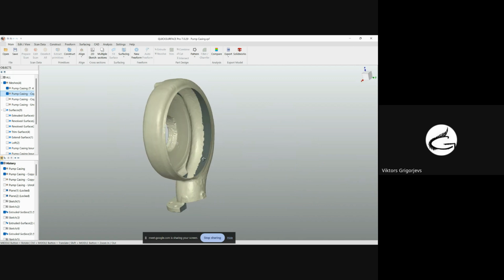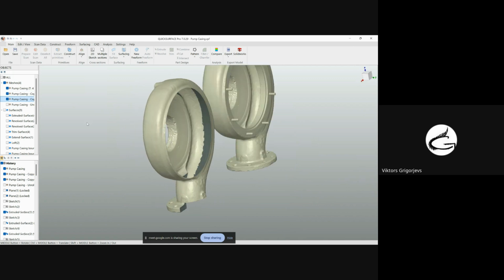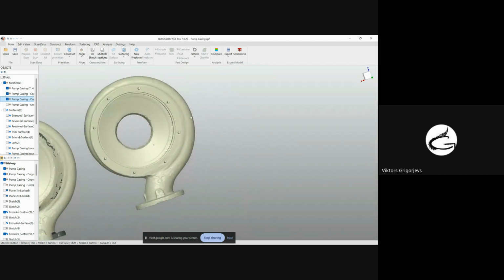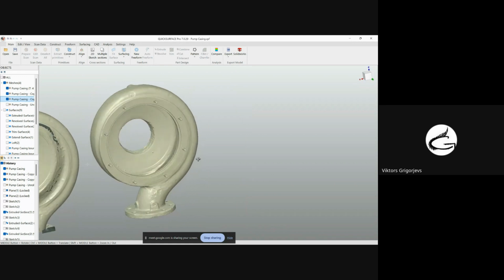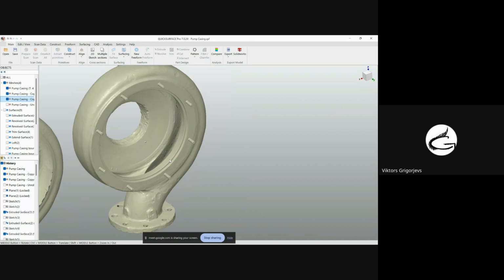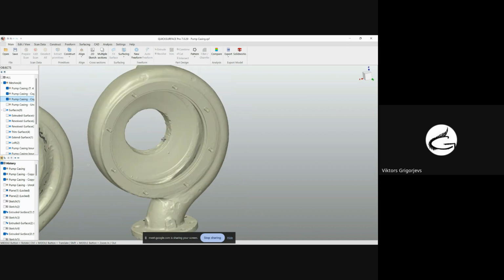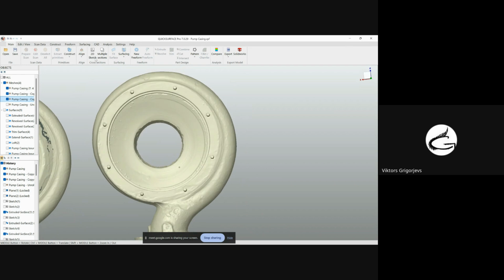Yeah, so this is another part. Initially it looked like that. So basically I fitted a cylinder over this edge, I think,